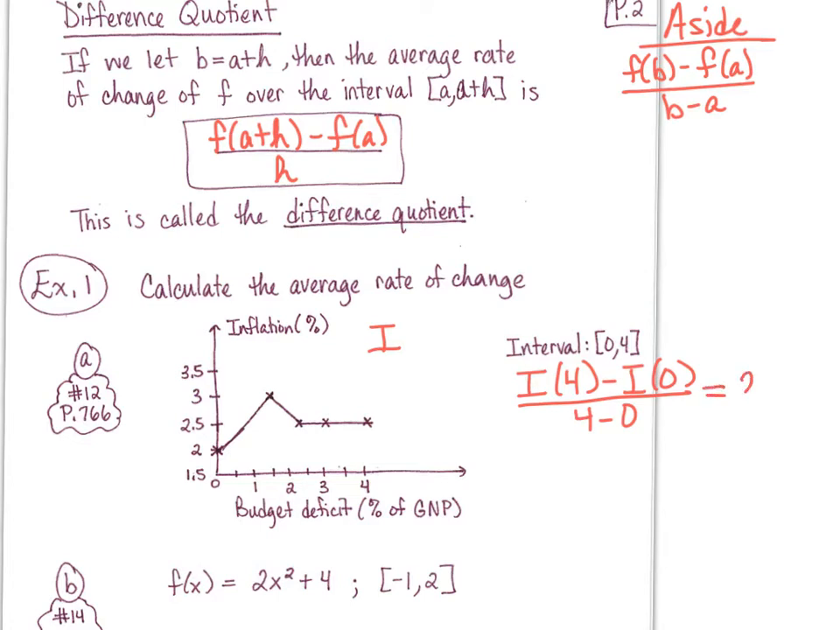$2.5. Very good. I of 4 is 2.5. What is I of 0? 2. Very good. So you have 2.5 minus 2 over what? 4. You got it. Enter that into your calculators or calculate it by hand. You get 0.5 divided by 4, which will give you